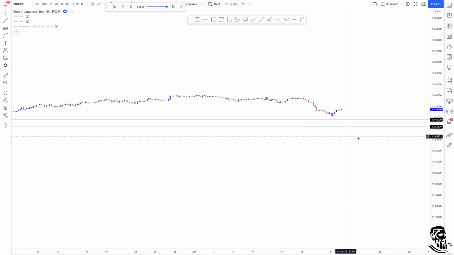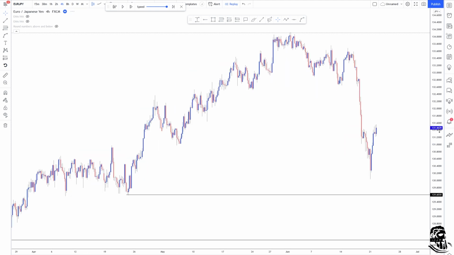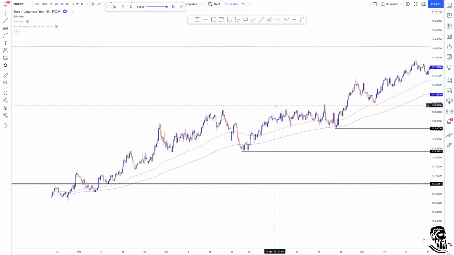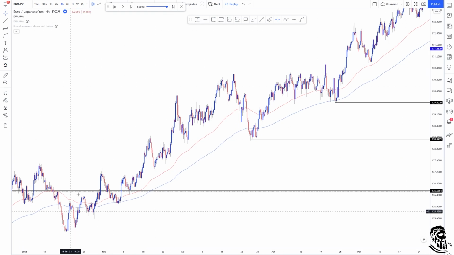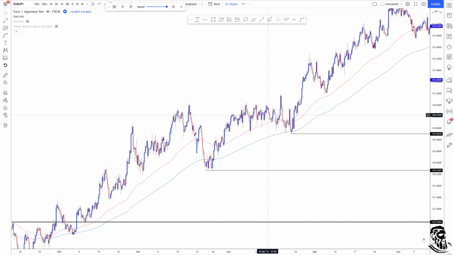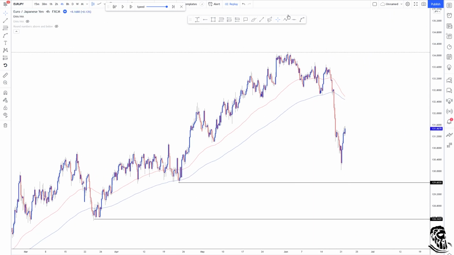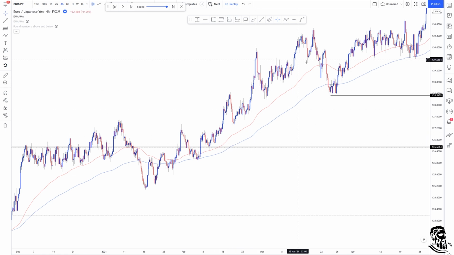That's the idea. Also if I go to H4 and apply my moving averages, you'll see that this is Euro JPY. It was in a strong uptrend basically for the whole of 2021, and right now it finally broke structure, as you can see. Right here is the previous higher low, which got broken. This is an equal low, and this got broken. So right here is a new lower low after a huge uptrend,